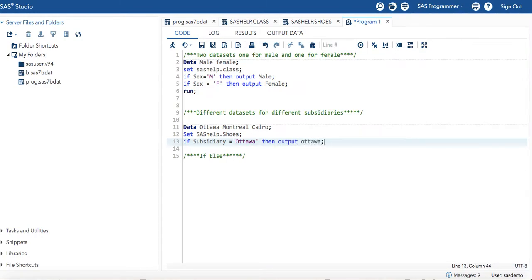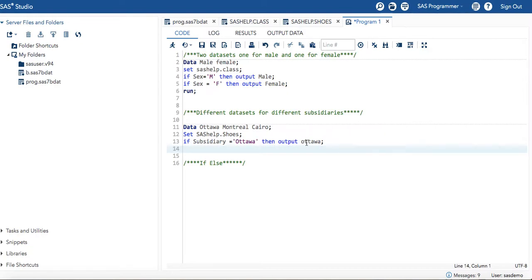Guys, see here, I have written Ottawa in the defining statement as OTTAWA, where the first letter is capital, but here I am using a small first letter. It won't affect anything because SAS is a case insensitive language.